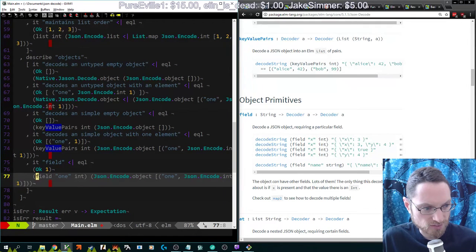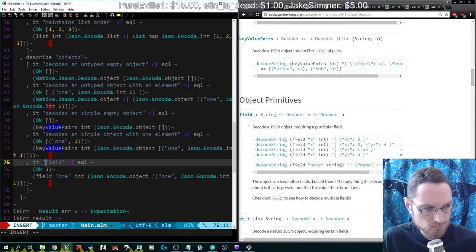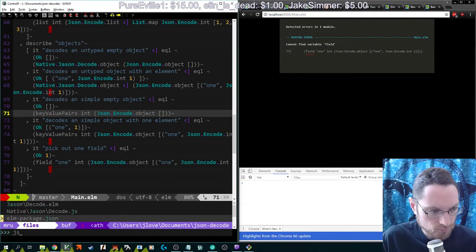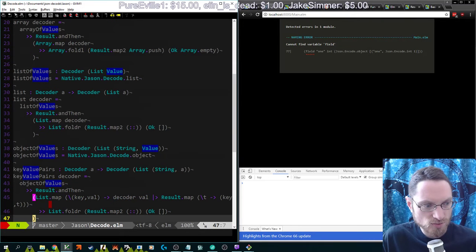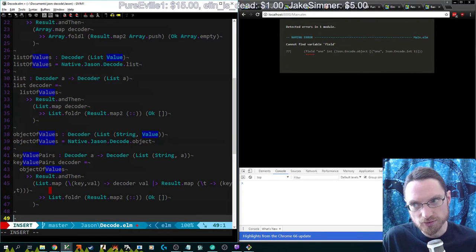We lose that. Field 1 int value. Pick out one field. Yep. Json.Decode. So I can do this in straight Elm. Maybe it would be more convenient to, well, I'd have to deal with a function then. So the straight Elm definition is